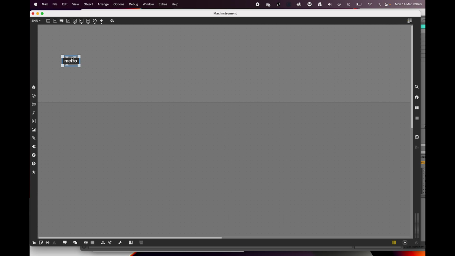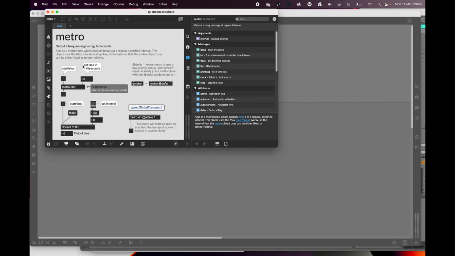So red is a hot inlet, blue is a cold inlet, and yellow I guess is kind of neutral. So that's the first thing to show you: inlets and outlets, hover over them to get some help on them. The other thing you can do is to press Option on a Mac or Alt on a PC and click on the object, and this will open a new patch, which is a sort of reference patch to tell you